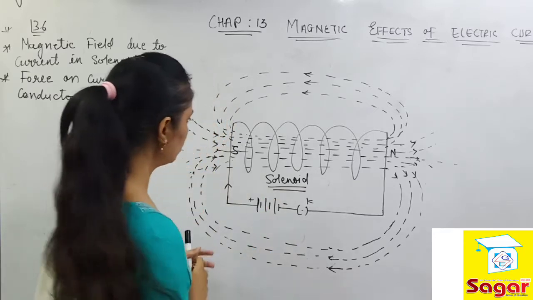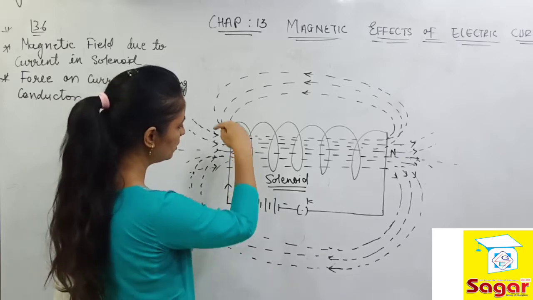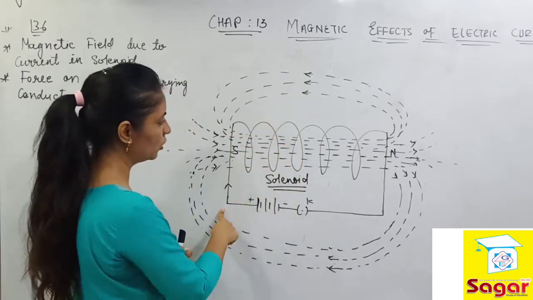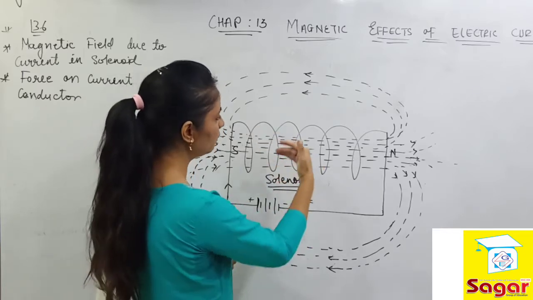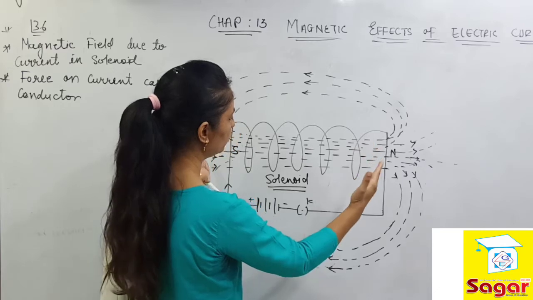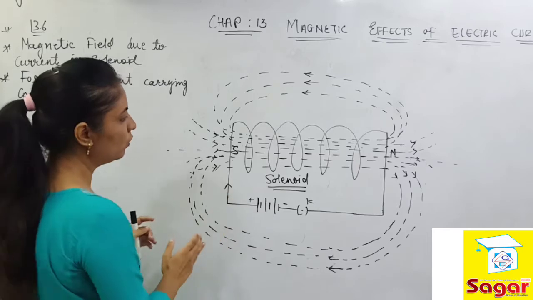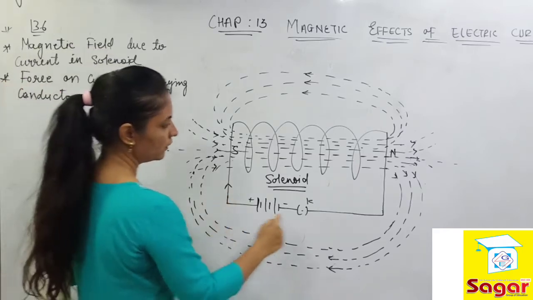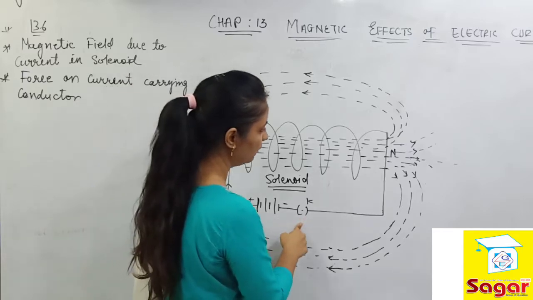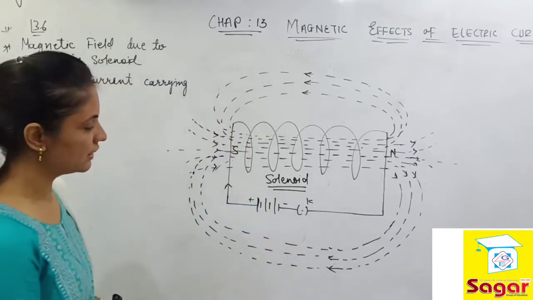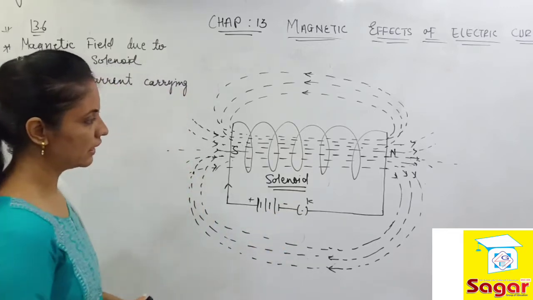Here I have shown it, you can see it clearly. This is a copper wire I have taken, which is insulated copper wire. I am rotating it and taking many turns of the copper wire and made it to work close to each other over the cylinder. Now what will happen? The rest of this copper wire I have connected with the battery. The battery and the plug key we have to connect in series connection. Whenever you put the key on, the electric current will start generating.